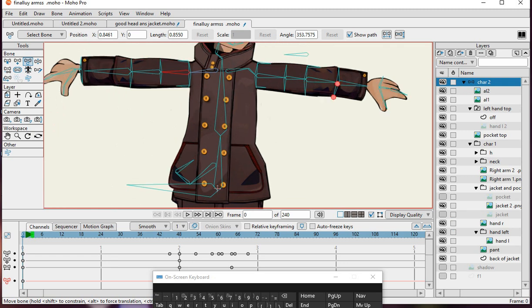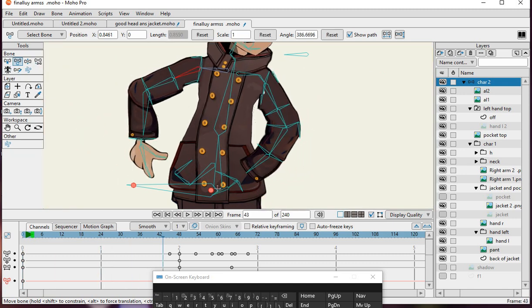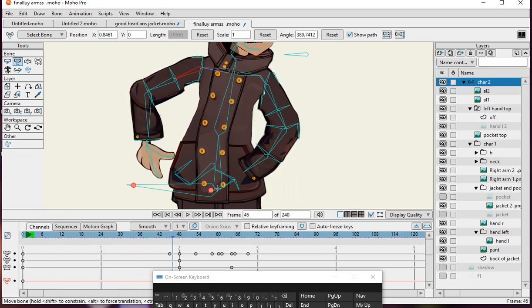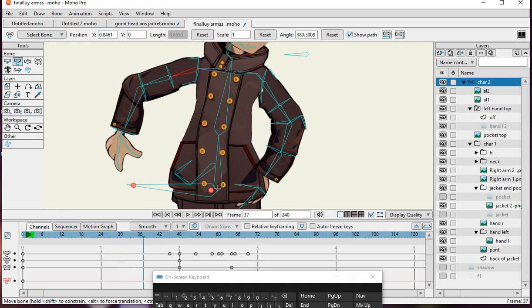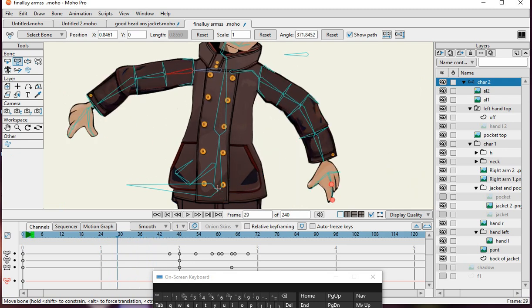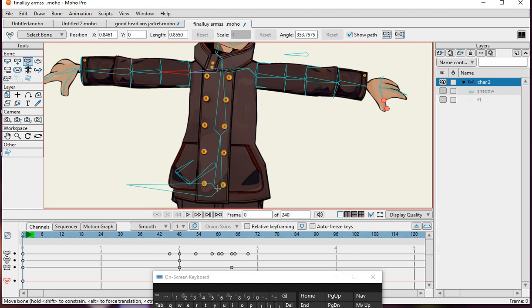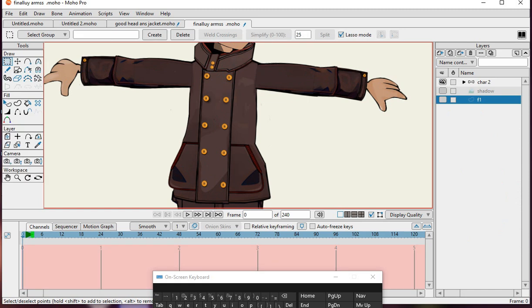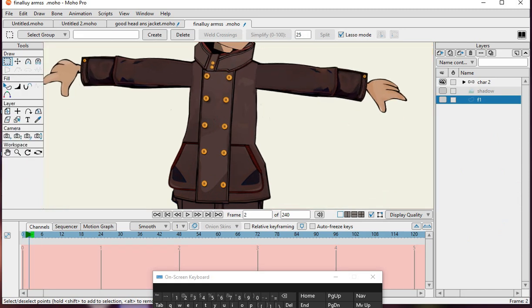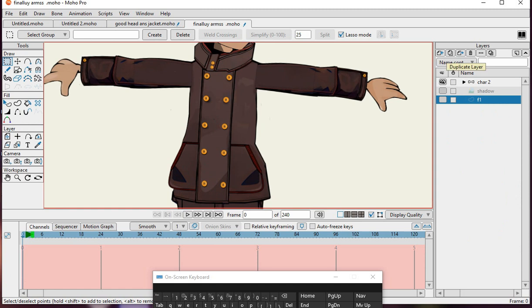Alright, so if we look at our hand here, and when we bring our hand down, it seems to disappear, or actually just going behind the jacket. It's basically what's happening. So to switch that, we're going to create a switch layer. And the way we will do that is you will create basically a group, and you'll just create a group,